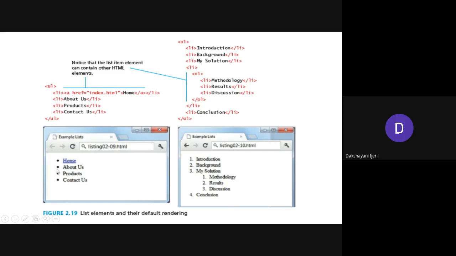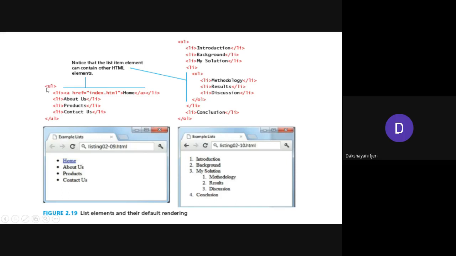For creating the unordered list, you need to start with the UL. The name of the element is UL, to tell that you have started creating the unordered list. Following that, for adding each of the items, like home, about us, products, and contact us, you have to use the li element here.